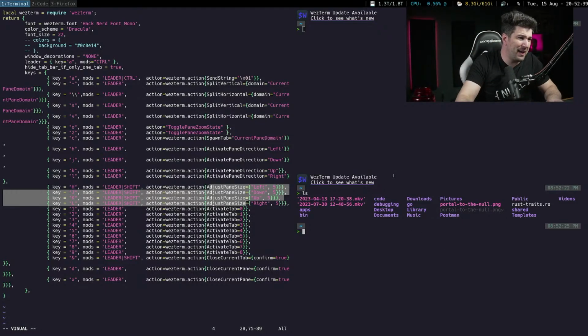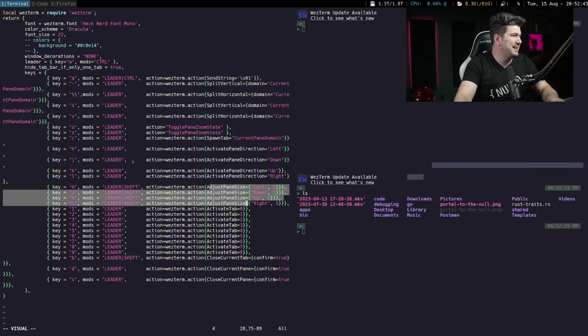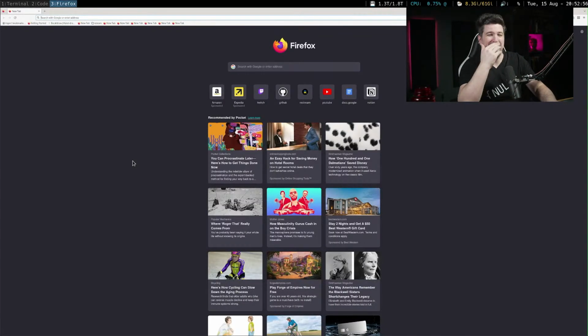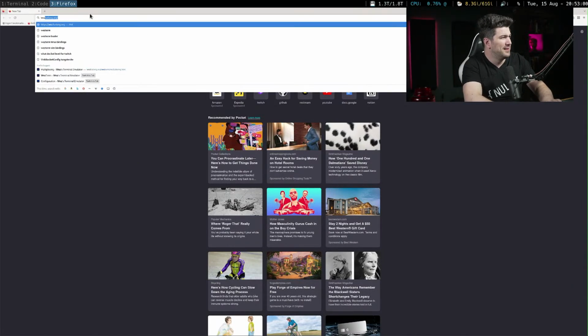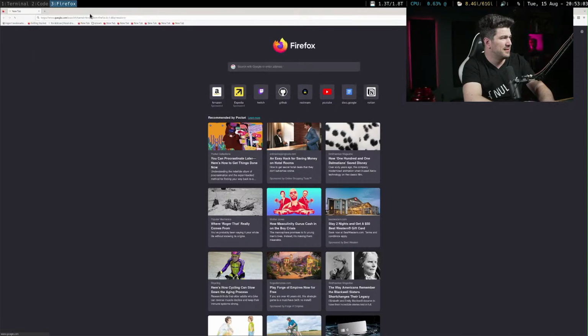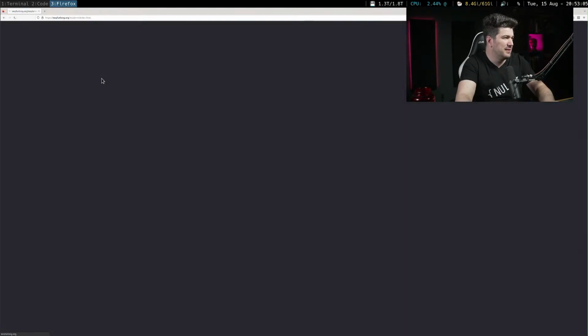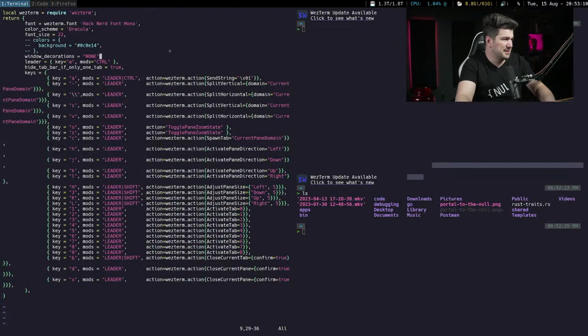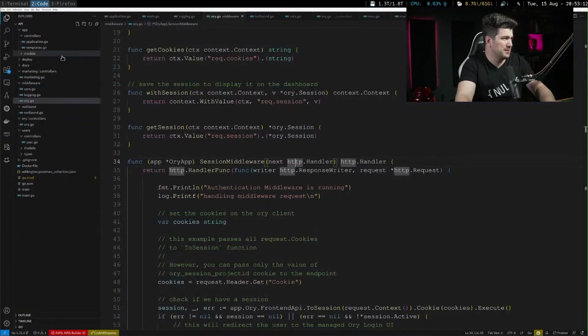I think I need to add back a border. Like there's no border. I did this window decorations none. I need to find minimal, because I think none is a little too much. It used to have too much, and I was like, I don't want all that. All right, configuration. What was this called? Window decorations.